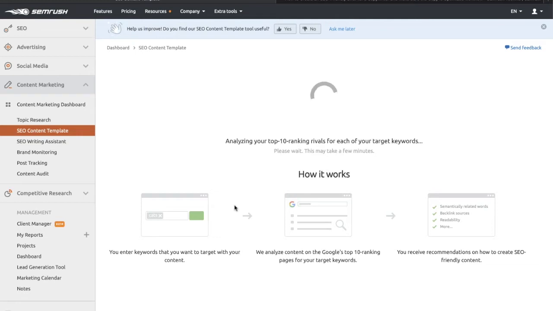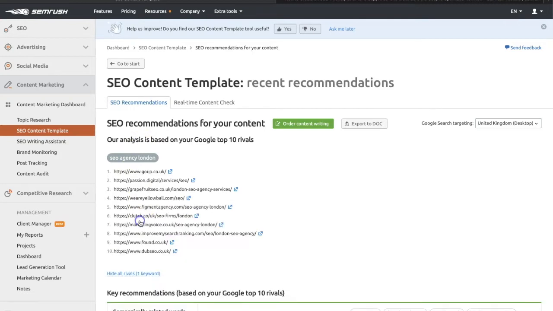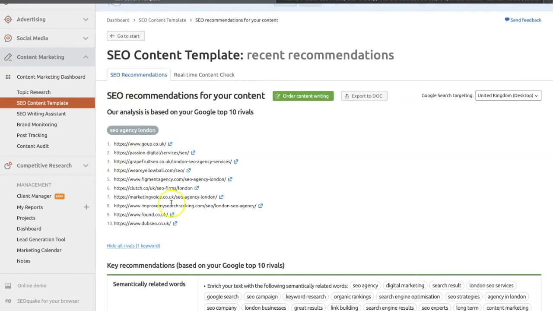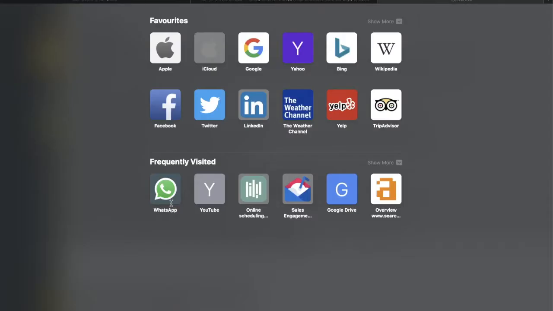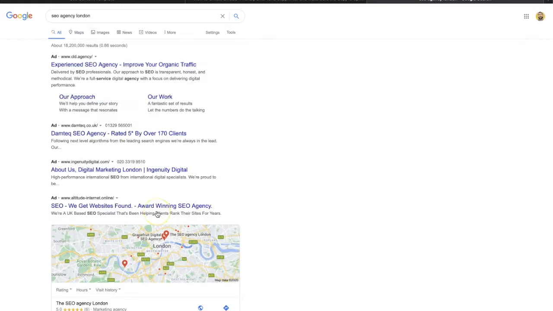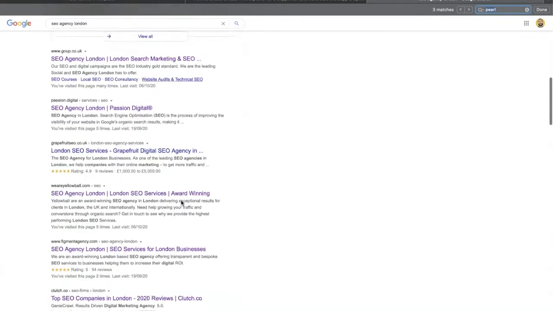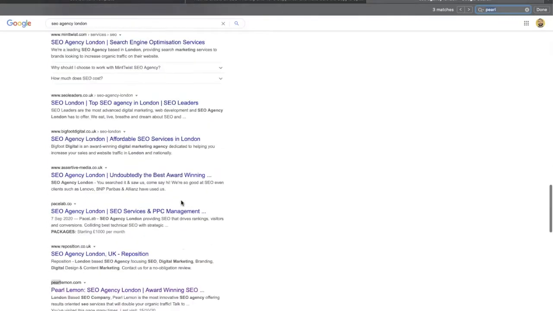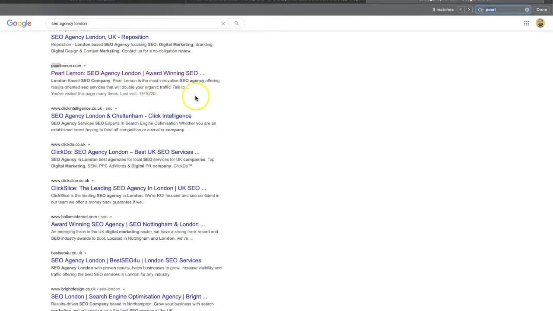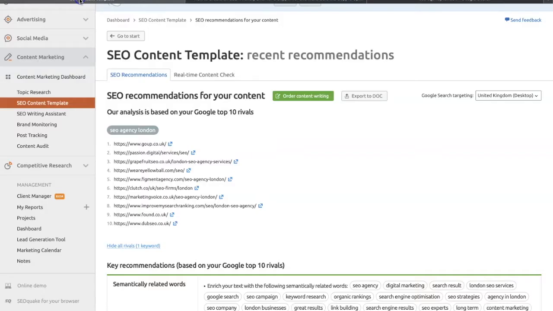So I'll go ahead and pause this whilst it's loading. Right, so as you can see, it's all loaded now, and it's already found, ultimately, the analysis based upon the top 10 rivals for this keyword, SEO Agency London. So as you can see, if we Google SEO Agency London, right now at the time of writing, if we search Pearl Lemon, we are too far down page one, as you can see. So we're all the way down here. So we want to, of course, try and get up the ranks, and we're going to be using the brief